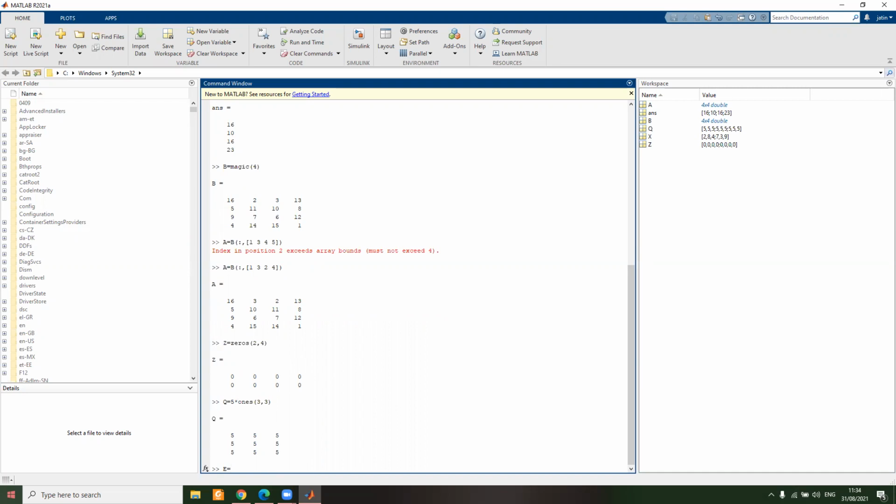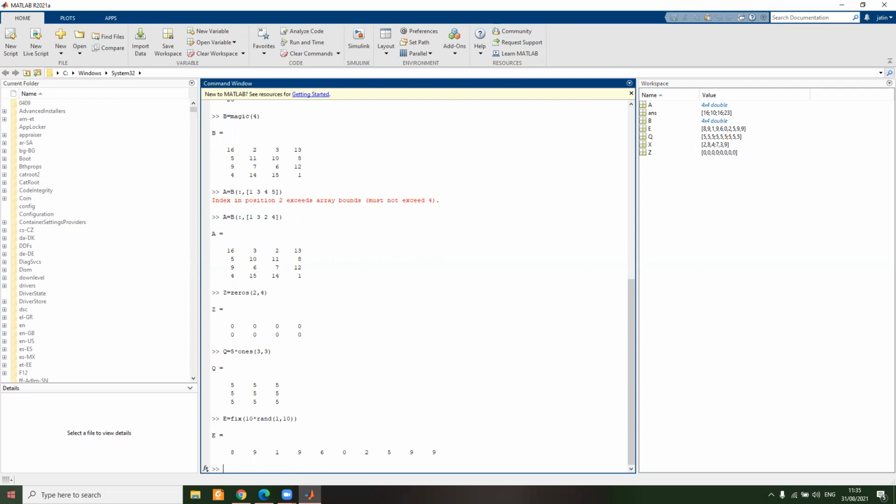Now what am I going to do? I am using a word, fix, that is 10 multiplied by, we already did that, that is sent to be a random. So that should be 1 to 10. Right? So we close this braces and put enter. So we will get a number, randomized from 1 to 10.